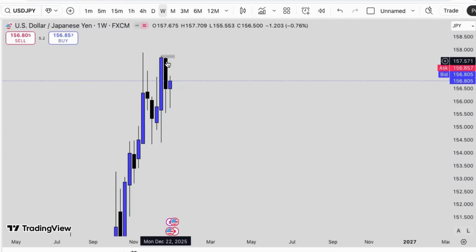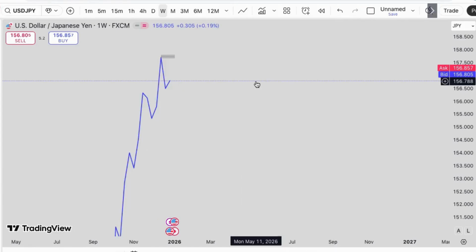So in this case, how do we get the first layer of the resistance level? How we get it is we switch to the line chart. So when we switch to the line chart, we can see now this is the highest point of that level, which is 157,703. Remember, this is the closing price of that bullish candle, but just to be sure, you have to